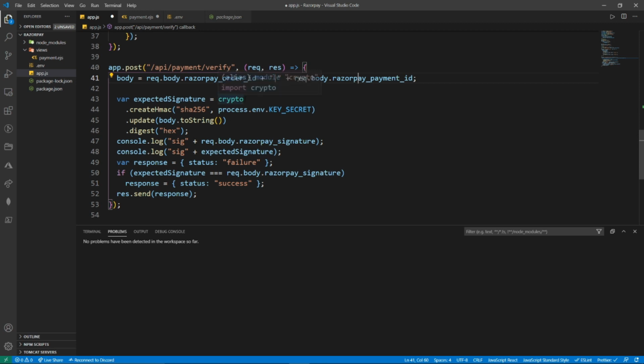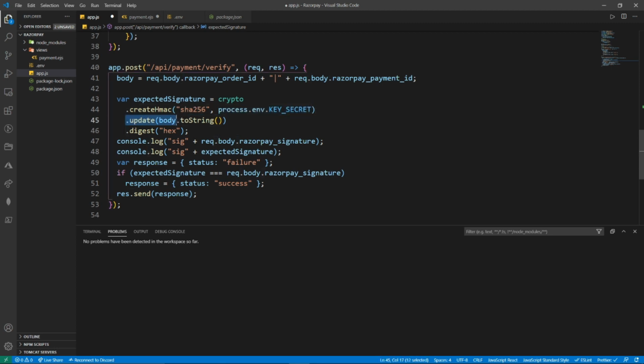While comparing this, we need to encode the expected signature so that it is secure. So with the help of the crypto npm package that we installed, we use the SHA-256 algorithm, which is the encoding algorithm, and we encode our key secret